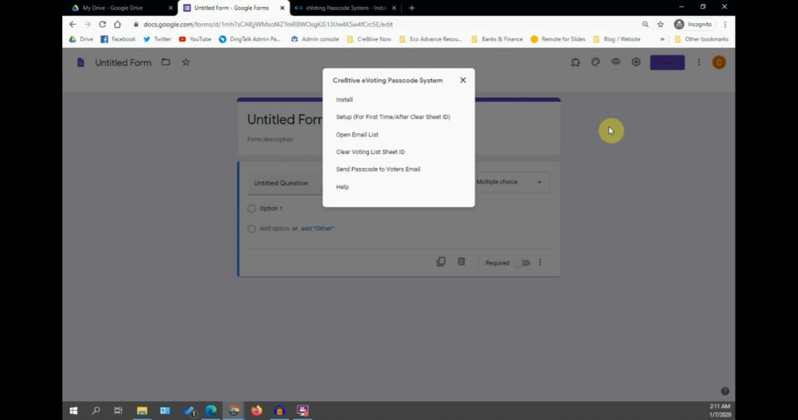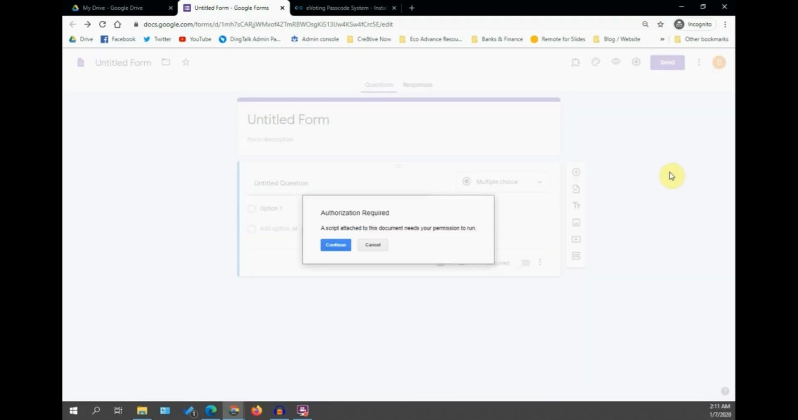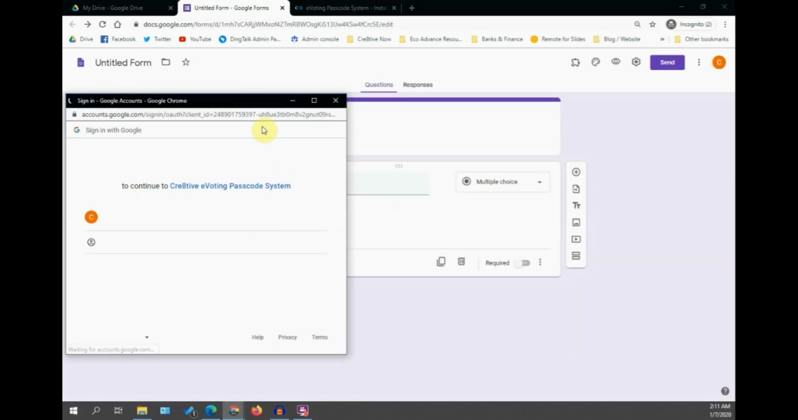Click on the Cre8tive eVoting passcode system and you should have a list of things that you can do with this add-on. Before starting any of the selection, press on Setup. You'll have authorization required when you run this add-on for the first time. So just press continue,